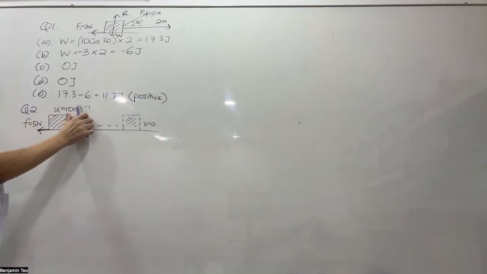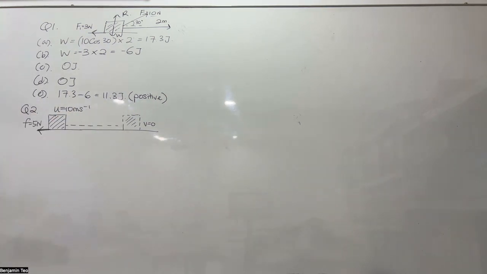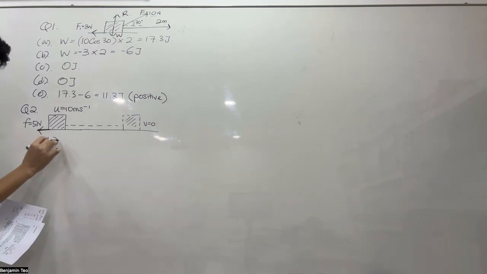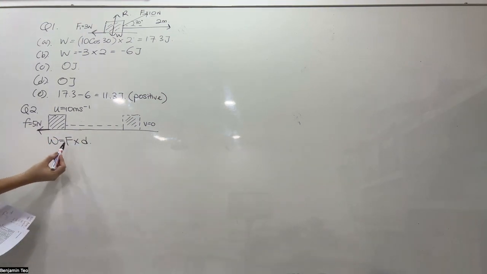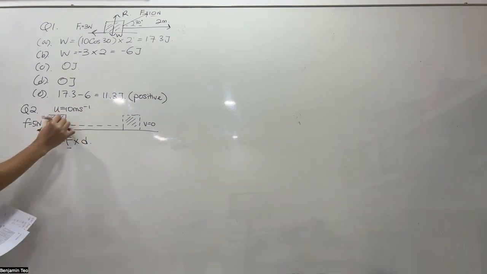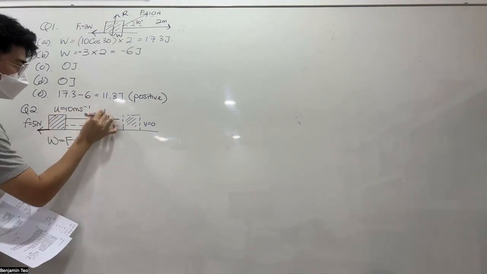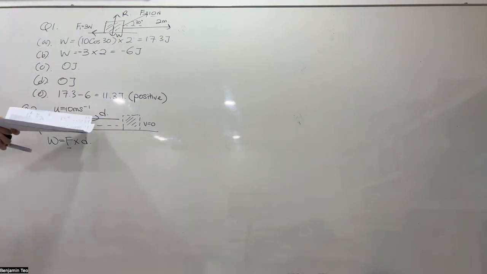What is the work done to bring it to stop? OK，来，我们先找 W，F 乘 D 对吗？